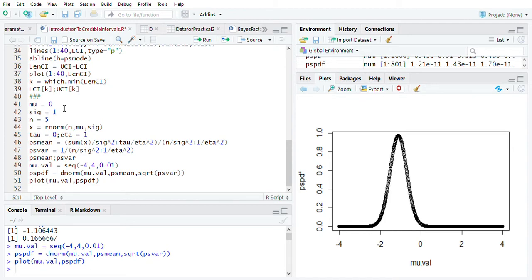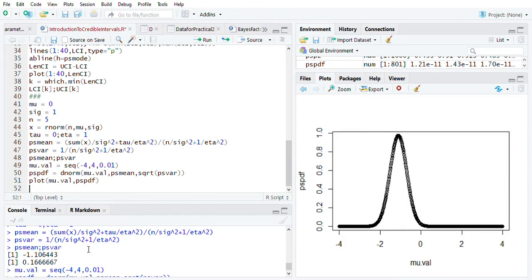As you can notice, this is going to be a symmetric distribution. In fact, because we haven't taken points towards the left of -4, you may get a feeling that it is not a symmetric distribution, but no, that is not the case. The mean is -1.1, so the distribution is symmetric. It's a normal PDF, it has to be symmetric.